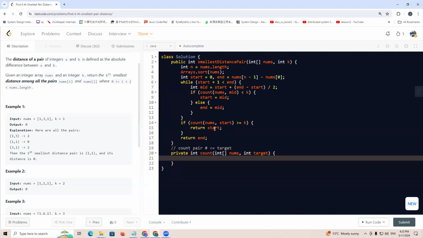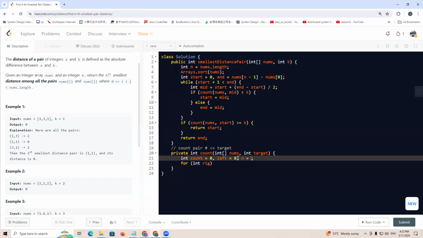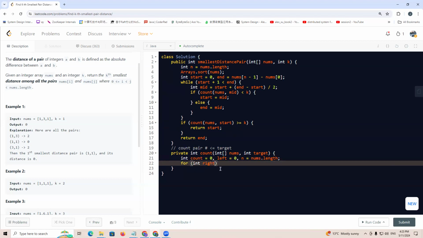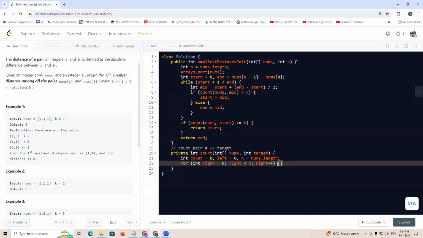So we'll have int count equals 0 and left equals 0, right? Let n equal nums.length. For int right equals 0, right smaller than n, right plus plus. So we know, we'll say while